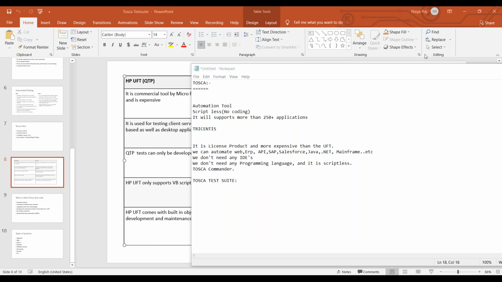And what is the cleanup scenario? So the cleanup scenario is nothing but, as I said, whenever we are executing 10 test cases continuously, and if you get any unknown pop-up after the third test case, due to this unknown pop-up your fourth test case fails.